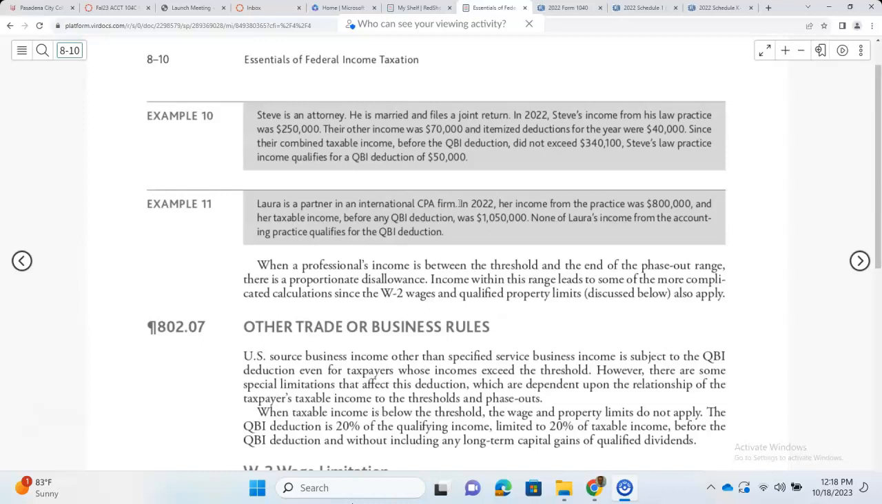Laura is a partner in an international CPA firm. In 2022, her income from the practice was $80,800, and her taxable income before any QBI deduction was $1,050,000. None of Laura's income from the accounting practice qualifies for QBI deduction. Right? Okay, I understand that. The income was too high. But as far as I know,